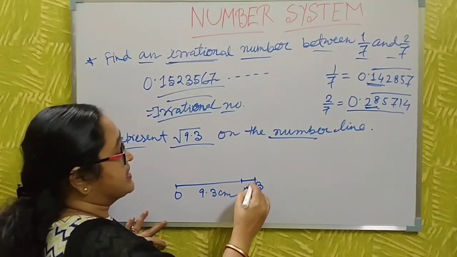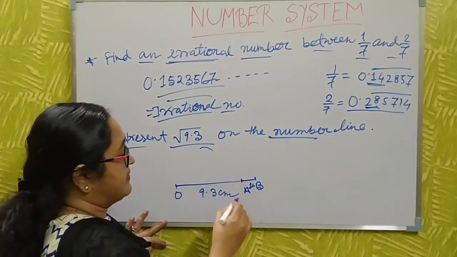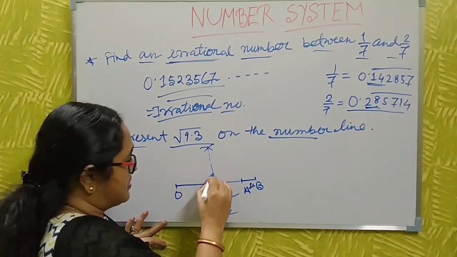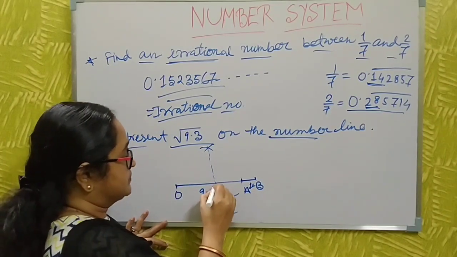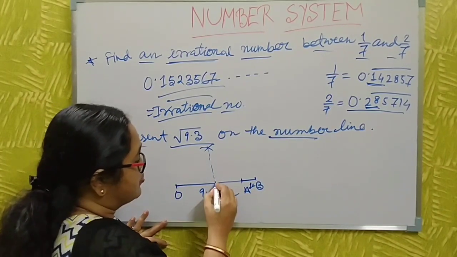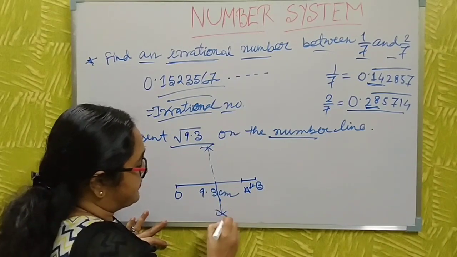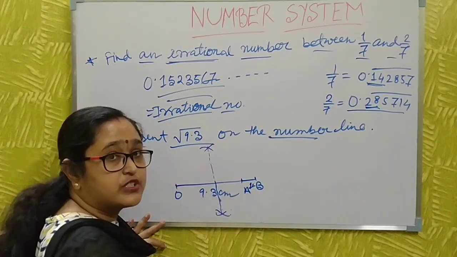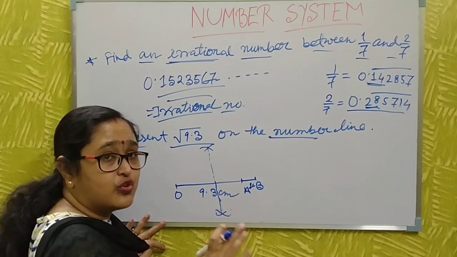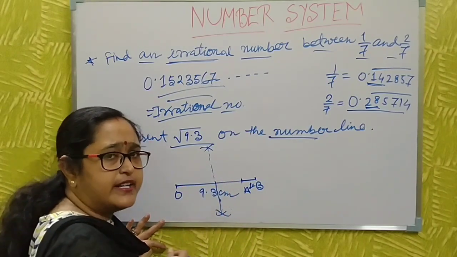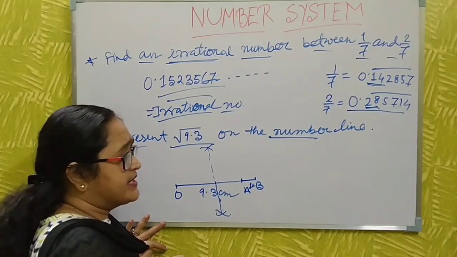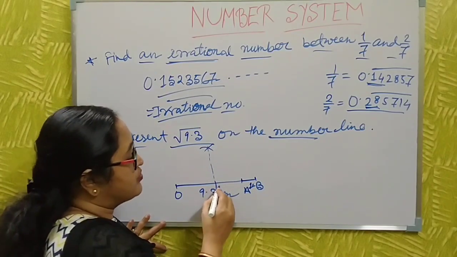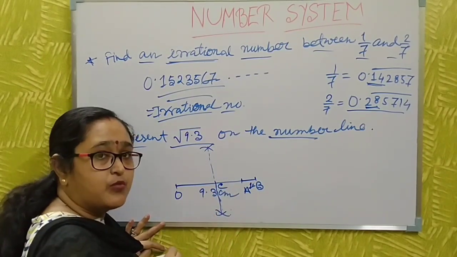Then you bisect this line. You put here again, and here also. Then you just join the line. Do the bisection with a compass. I cannot use the compass on this whiteboard, but you must use a compass. All of you know the line bisection. You already read it in class 6, 7, and 8. Just bisect the line here and put the name also here.